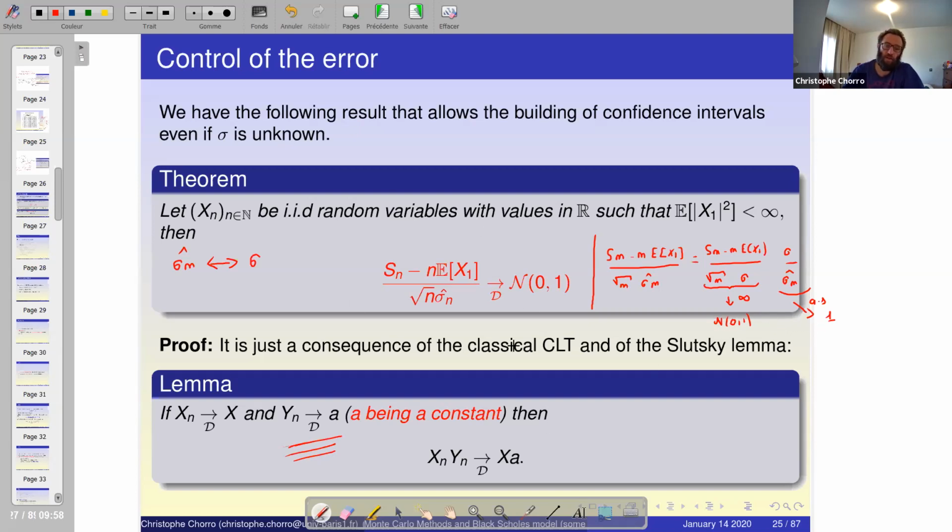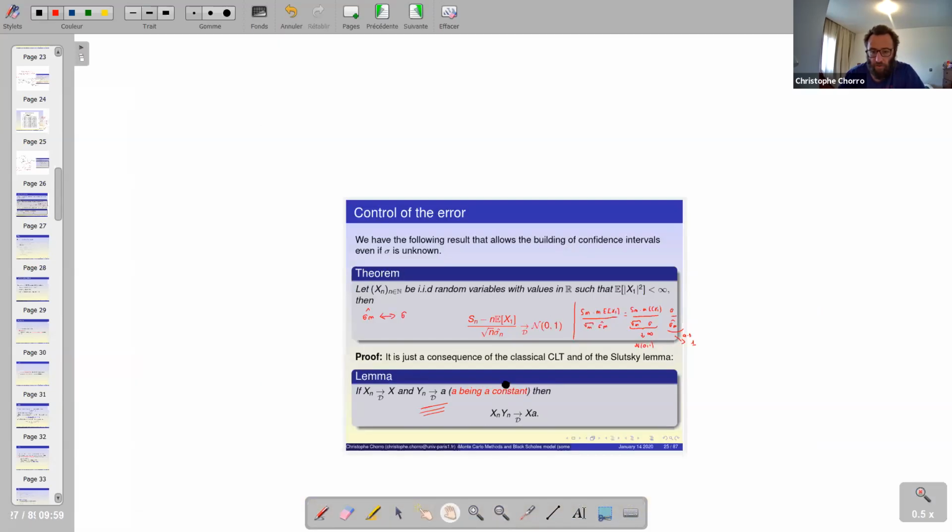So I have a version of the central limit theorem that allows me to extend the central limit theorem in the case where I don't know the variance of my sample, substituting the corrected sample variance for the variance. And so now the construction of the confidence interval can be done classically. I use this result,